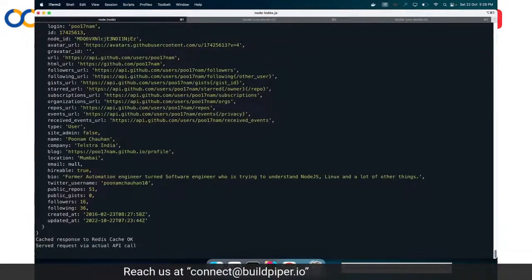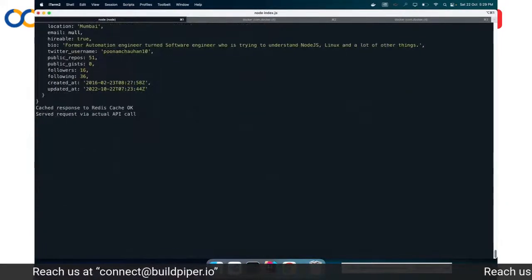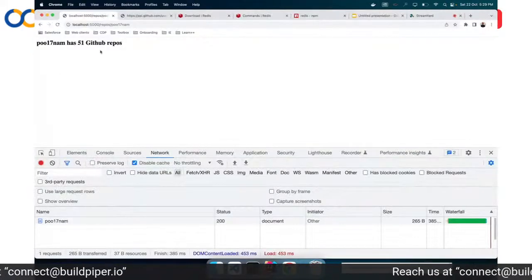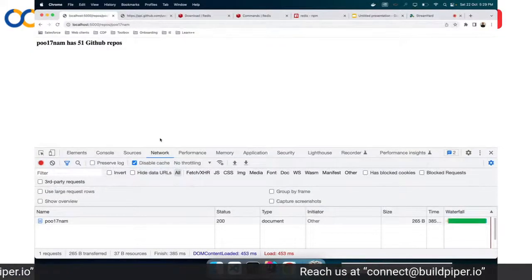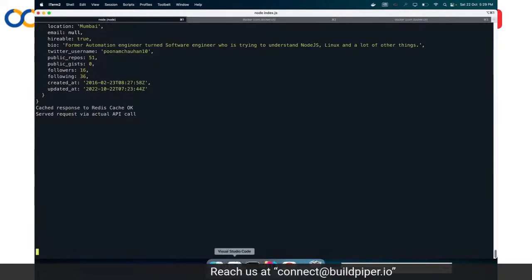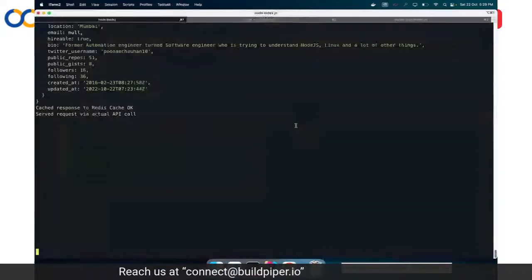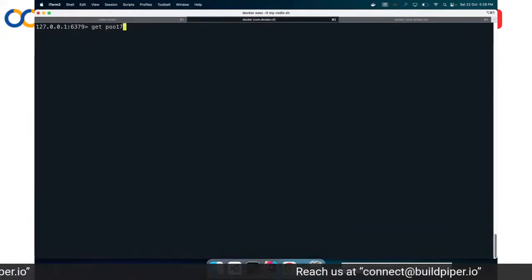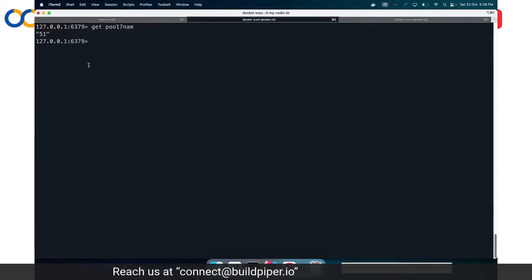Now, if I go ahead and make a call to the same API, then this time it will be served from cache, which is our cache method here. We can also go to our Redis server and see, if I do get 417num, that it is stored in the cache.